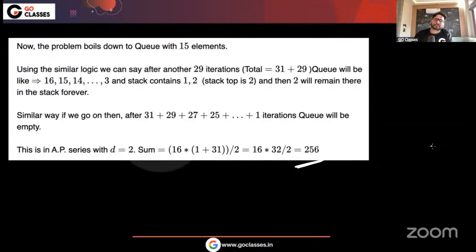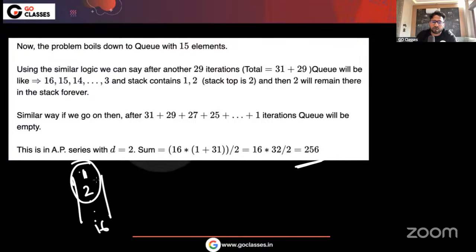So 256 is the answer, which is the maximum number of operations they're asking, the maximum number of operations that you have to do. Basically you have to supply one at the end. Similarly, once one is fixed, you have to supply two at the end. And automatically, if you have it in this reverse order, you're supplying one at the end, right? And you're following the induction or recursion, or the symmetricity or the intuition.